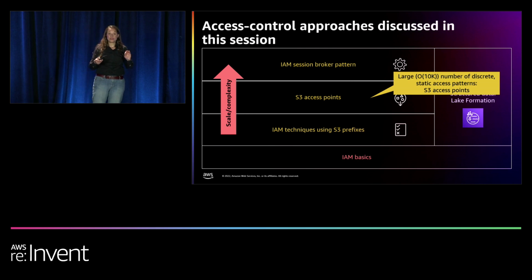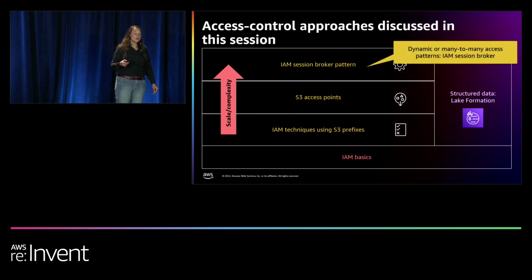S3 access points are for use cases that are fundamentally shaped the same way as IAM, in the sense that they're discrete and role-based, but they're very numerous. So S3 access points gives you way more scale in terms of how many of these discrete use cases you can assign permissions to. And finally, when we got to a none of the above, where it was too dynamic to express in these role-based patterns, or simply involved business logic of your own that can't be encoded into the IAM system,